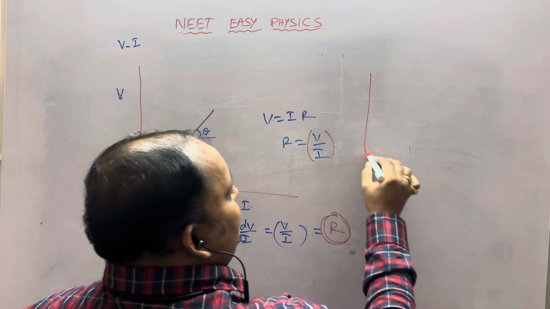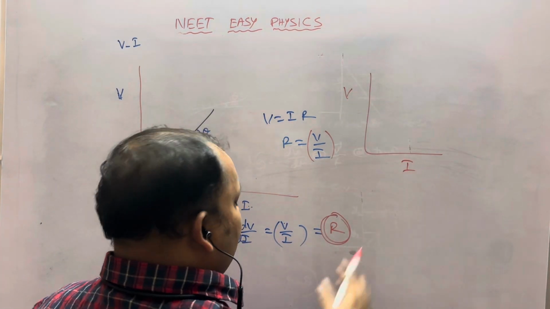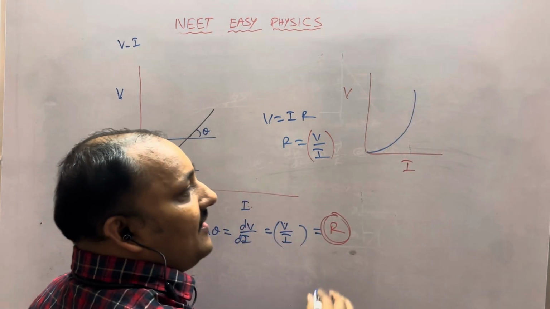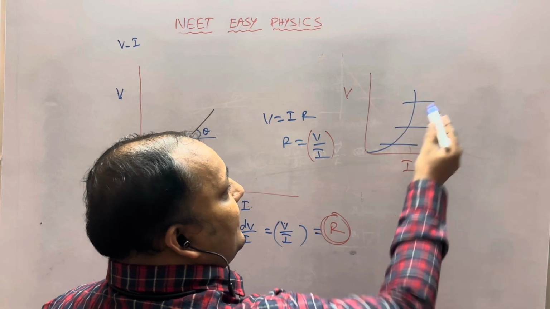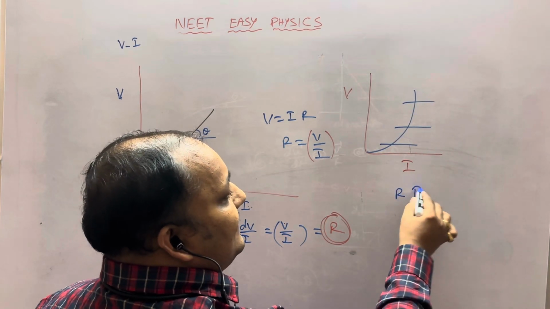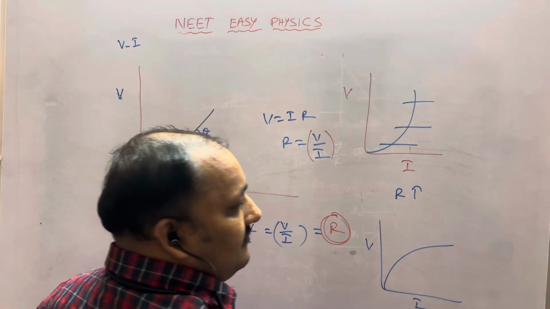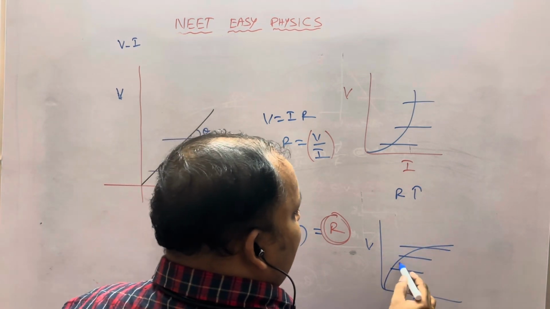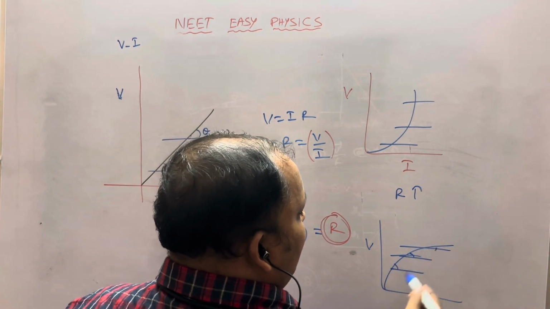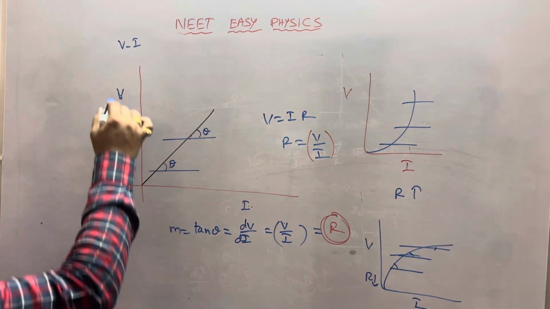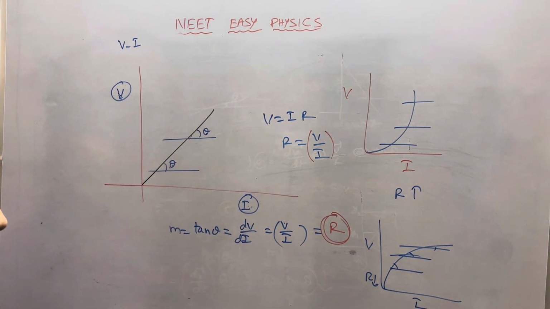Let us assume you got the VI graph like this, because till now we discussed this. Then what happens? Theta is increasing, therefore resistance is increasing. If you got the VI graph like this, theta is decreasing, therefore resistance is decreasing. So in place of V and I, I placed